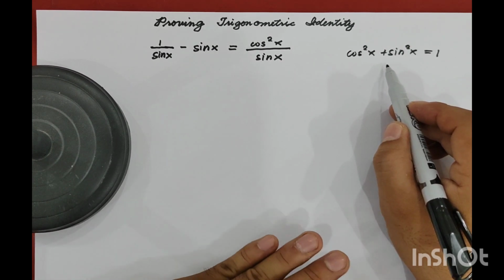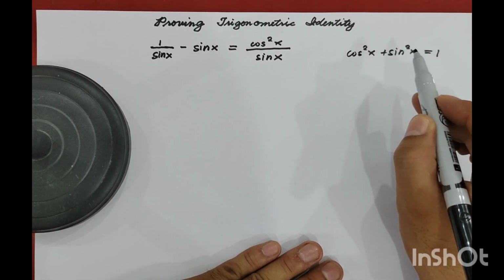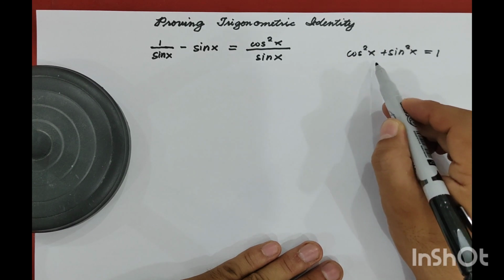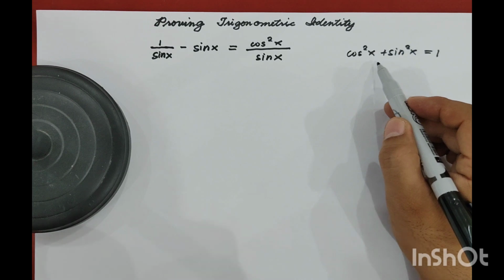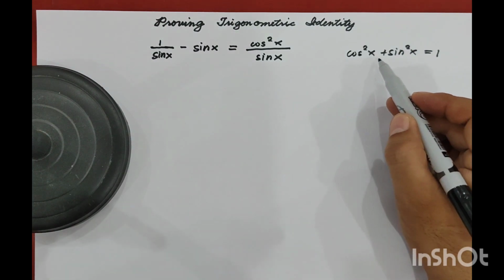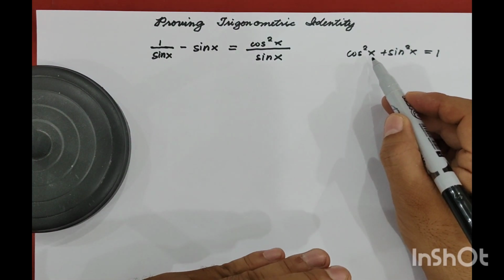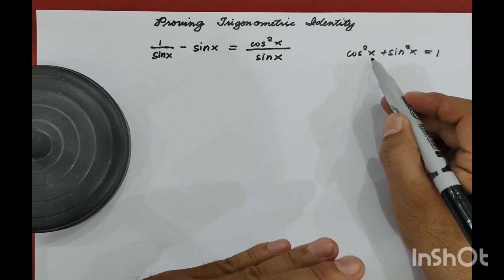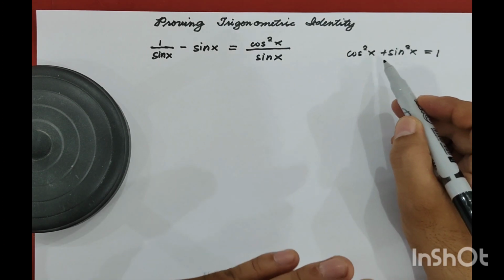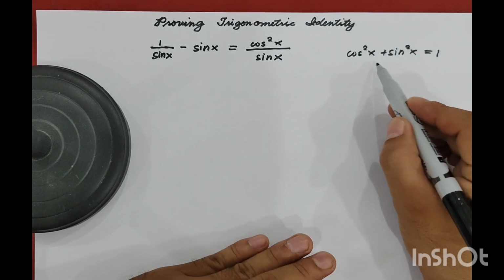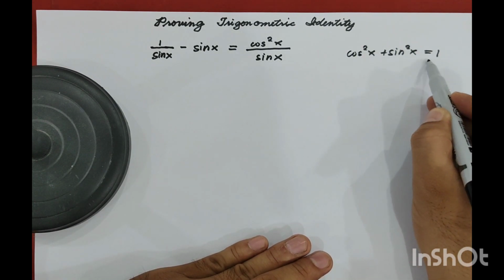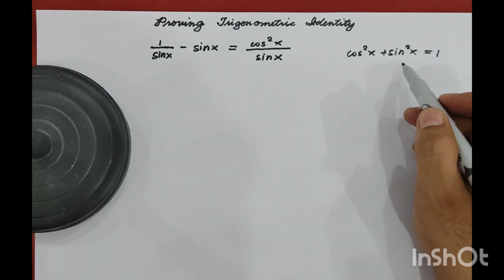Why? Because this equation is true for all values of x, where x is an element of real number. Meaning, no matter what value of x that will be assigned, this will eventually become a true equation. Meaning, the left-hand side of the equation will be equal to the right-hand side of the equation.